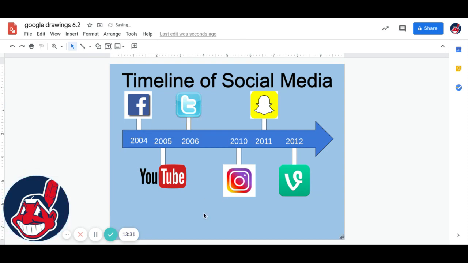Okay, so what yours should look like so far is we should have 2004 is your Facebook, 2005 is YouTube, 2006 is your Twitter, 2010 is Instagram, 2011 Snapchat, and 2012 is Vine. And once we do that, we're going to group these together so that we could basically move the arrow. So what you're going to do, we're going to combine,